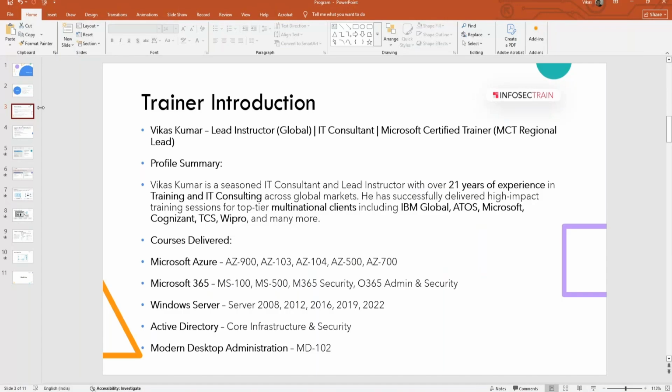My specialization is server security, hardening of servers, Intune, cloud security, and M365 security, a combination of Microsoft technologies. I'm certified on all these skills, a certified trainer for the last 18 years. So that's my short introduction.